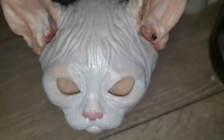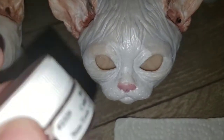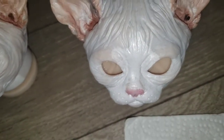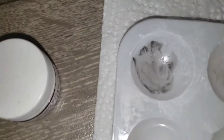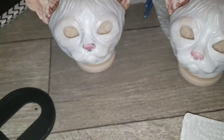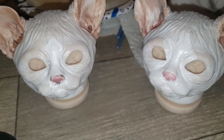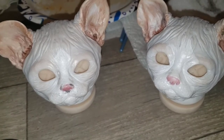Okay, I applied a 3rd coat and I mixed in just a teeny tiny speck of color number 2, baby skin. I put that right at the end of her nose with the rest of the white, and I brought it down a little bit on her chin, which you can't really tell. Then I came over here and put a little bit on his cheeks and his chin. And then I mixed up some more white with this gray I had, and just barely tapped his cheeks with it. This will be the 3rd coat of white, and I'm pretty much done with the white here on the face. Then we'll be moving on to the orange,